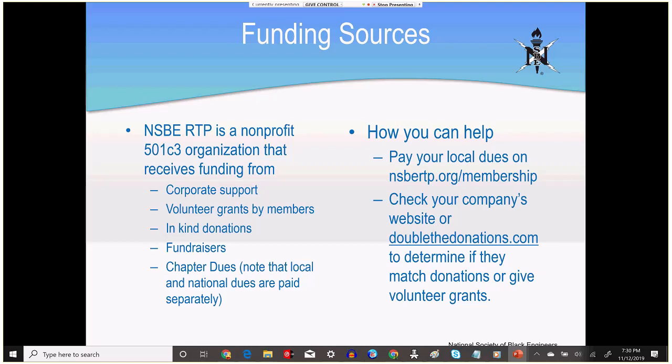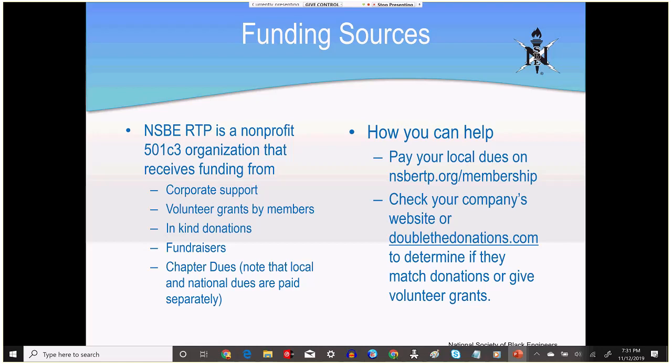Do they double your donation if you give to NSBE RTP? Do they give money if you count your volunteer hours? I know there are several companies that do that. IBM, I believe John Deere does as well, although I don't have an exhaustive list. But those are the types of things you can check to see if your company does.